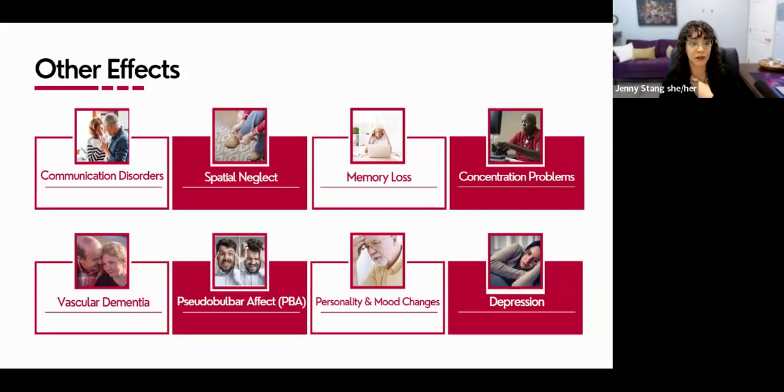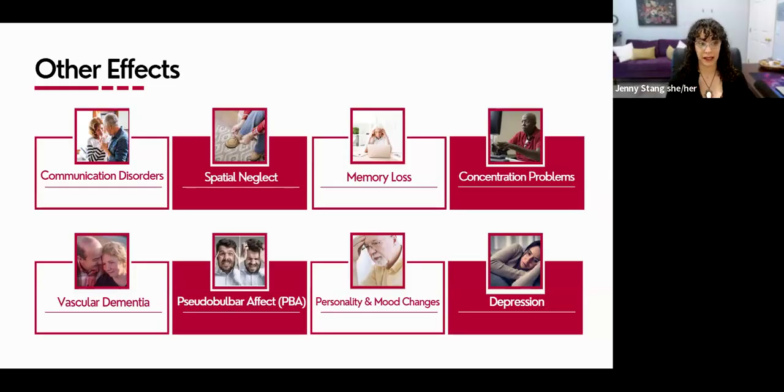Apraxia of speech is also known as verbal apraxia. This means that they're going to have difficulty initiating and performing the movements needed for speech. Okay, so this is going to impact just the way your tongue moves, right? The way that your jaw moves, how you form the words. So this can lead to problems in pronouncing sounds and maintaining the right rhythm and speed necessary for speech.